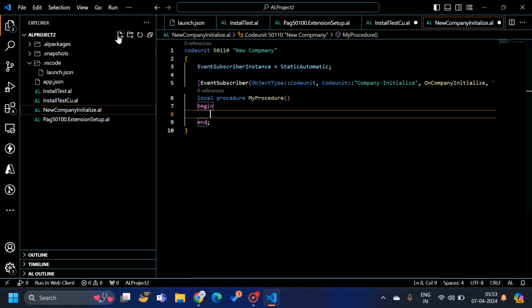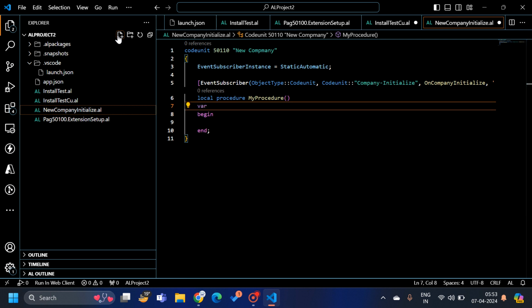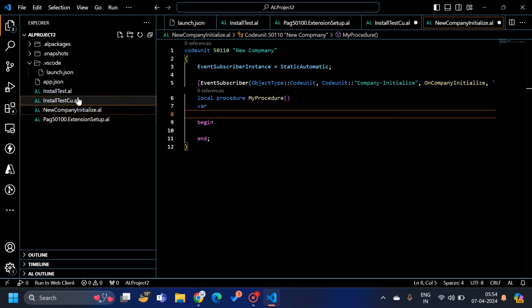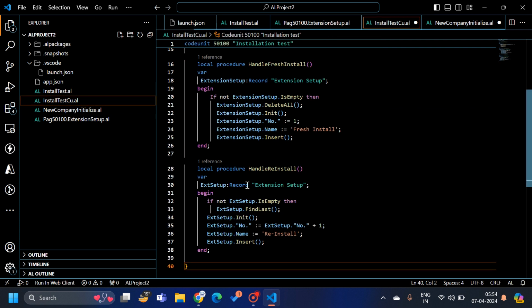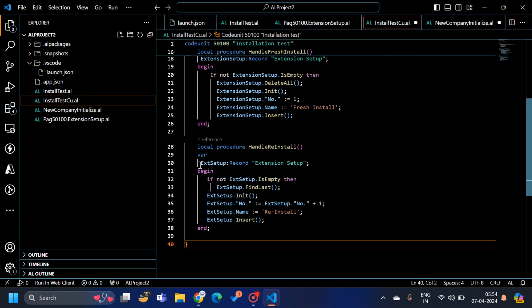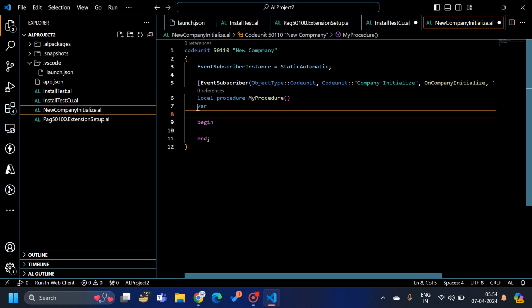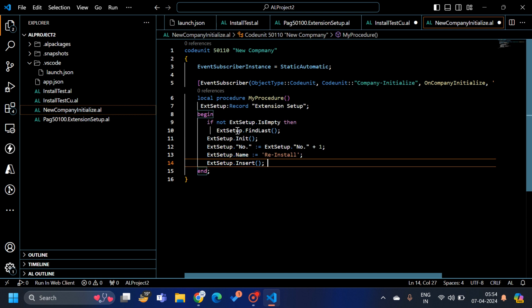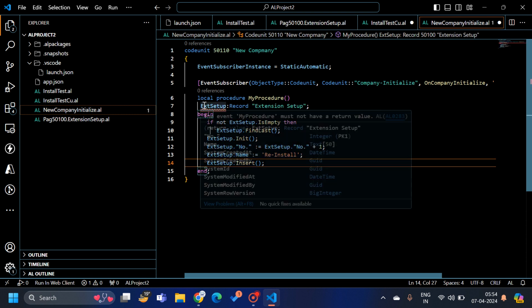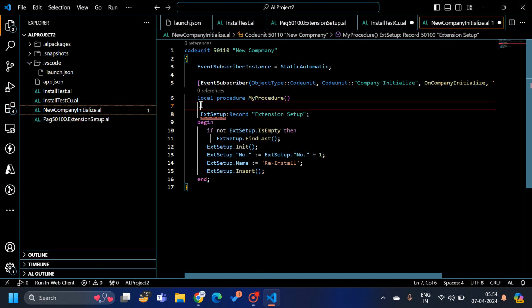Okay, and here also I can create something like this only, which is the reinstallation case. Control C, new company initialize. Okay, where